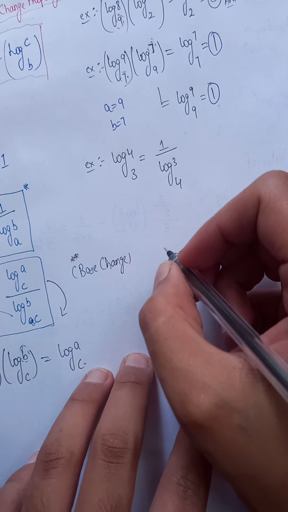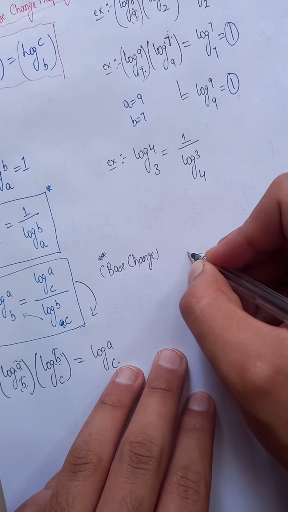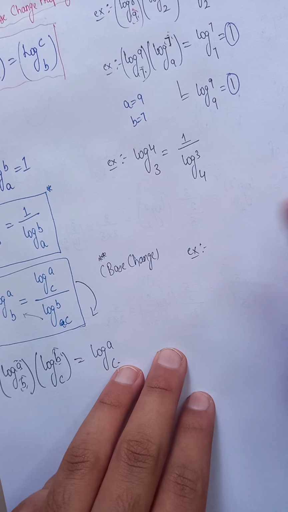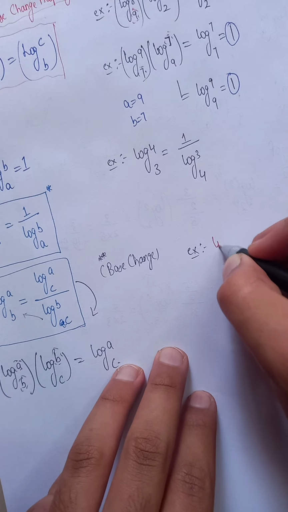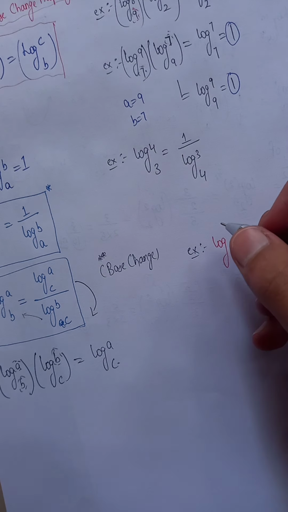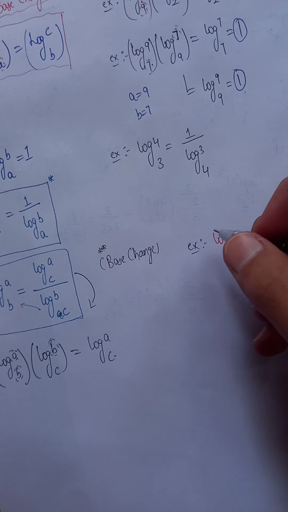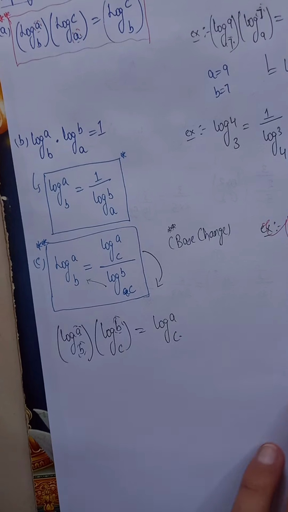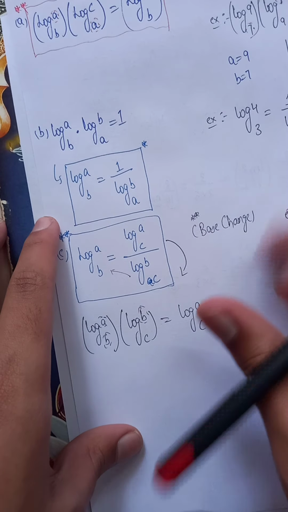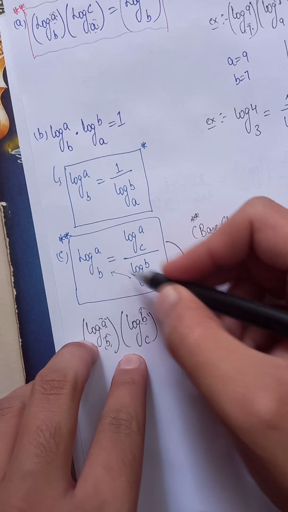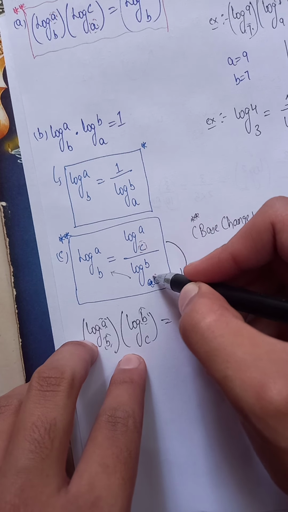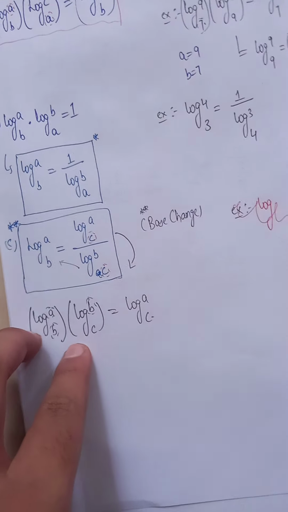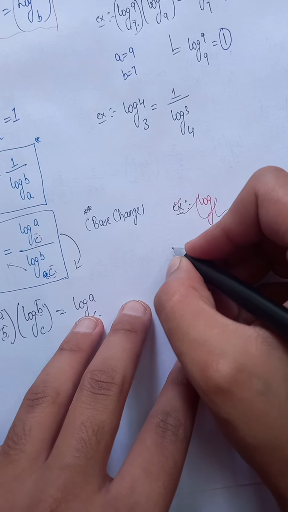Okay, so one small example under this property. One minute. Before going to the example, there's one thing to notice that, see, in the numerator and the denominator, the bases are the same. You see, that is one thing to notice. Okay, now let's go to the examples.